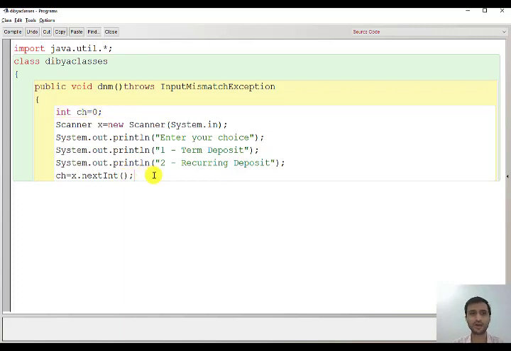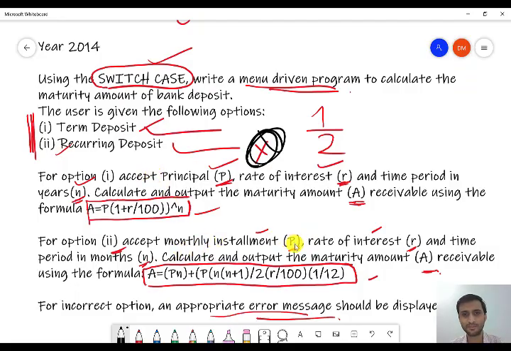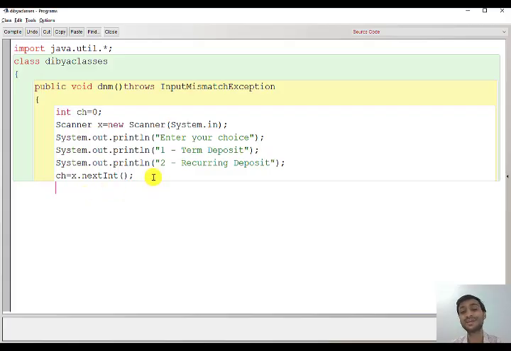So now we have the choice, and now only we'll ask the user for the principal amount, the rate of interest, and years. Since the variables are the same, we cannot take input in the cases right now. In the previous program, we took input in case 1 and case 2 because both were different: in the first case we took input for Fahrenheit, and in the second case for Celsius. Two different variables, whereas here you are using the same variables, that is P, r and n.